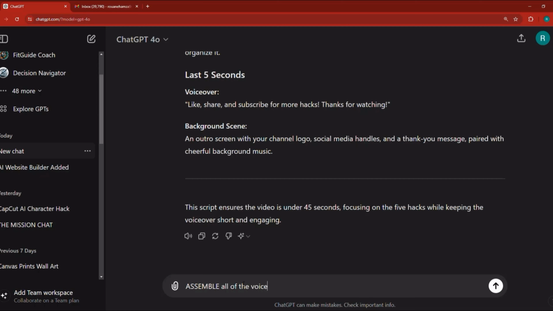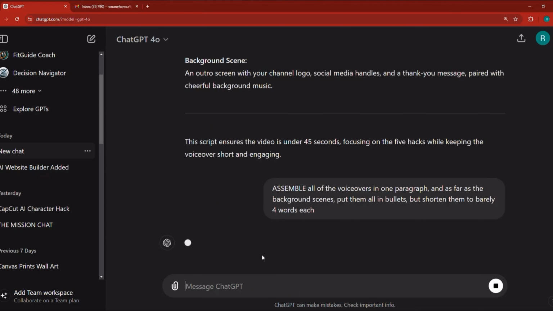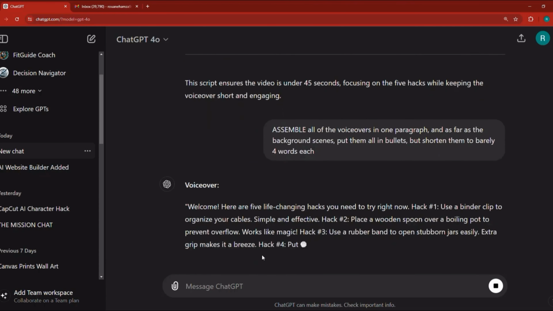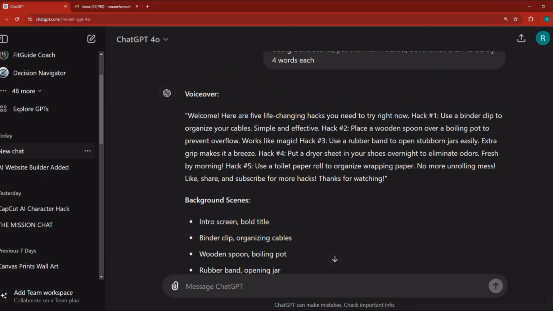So now I'm going to say assemble all of the voiceovers in one paragraph. And as far as the background scenes, put them all in bullets, but shorten them to barely 4 words each. All right, so here I want the entire script or the voiceover to be placed in one chunk of text. And as far as the descriptions, I want it to go ahead and to basically put them,